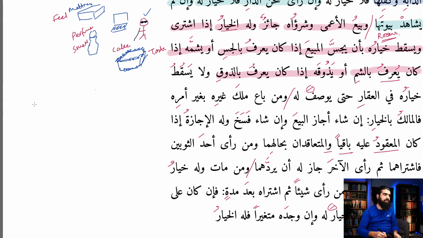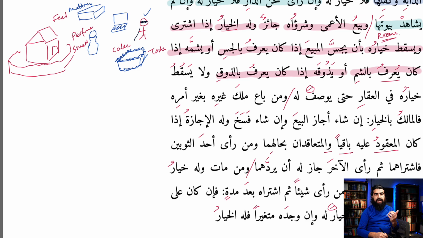Now, big question. Let's say he wants to buy a property, this beautiful house with a nice garden. The problem is he can't see the house. How does he buy it? There are several opinions on how he's going to work this out, but one opinion is that he's going to hire someone,